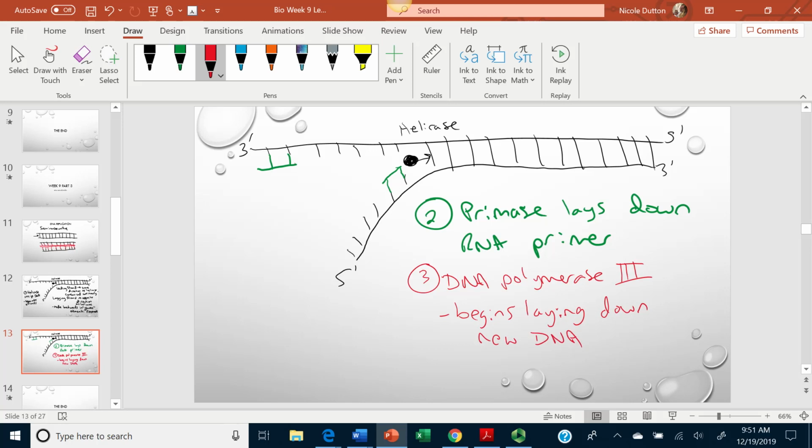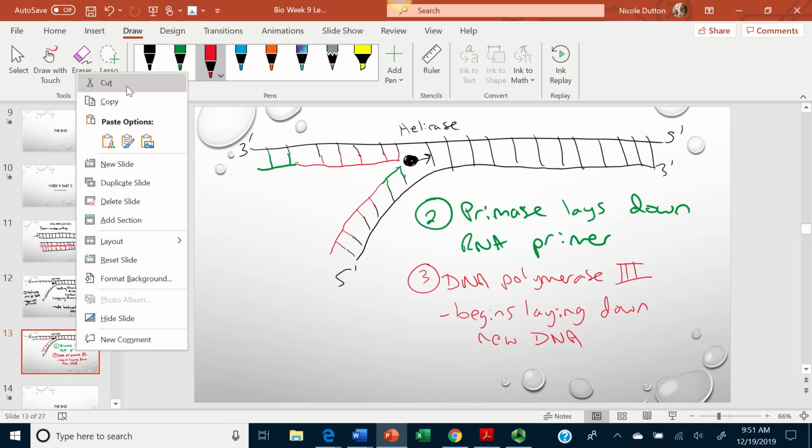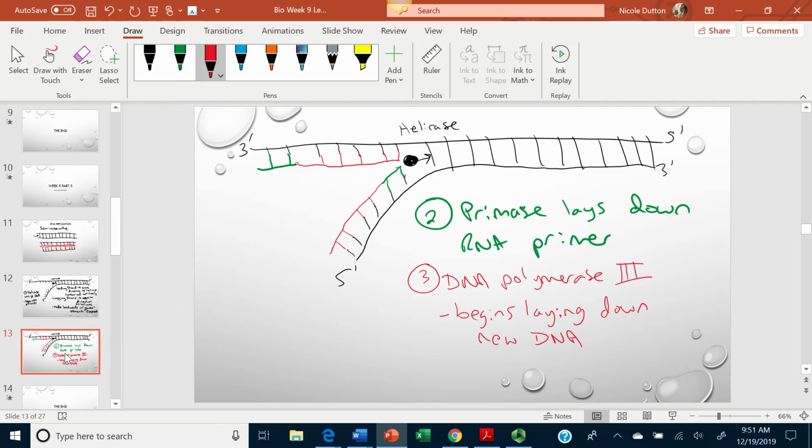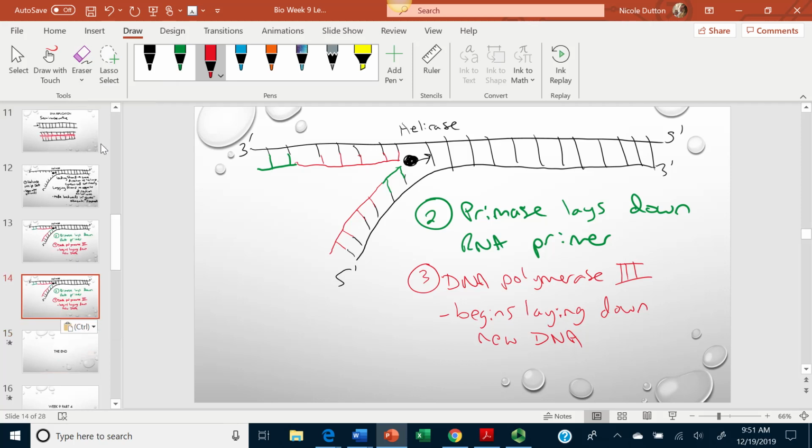So from this RNA primer, DNA polymerase is going to start adding new bases. So continuing on with the next step,